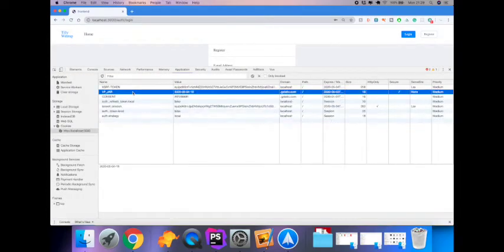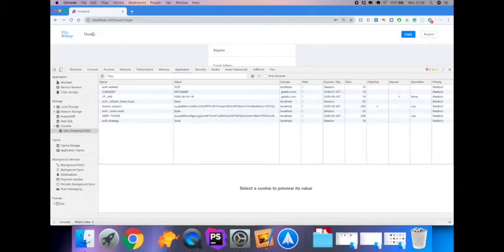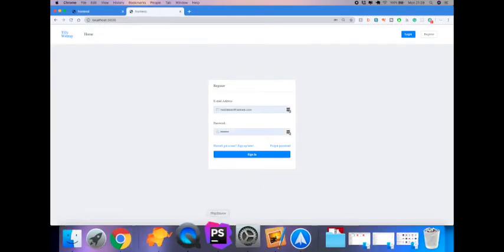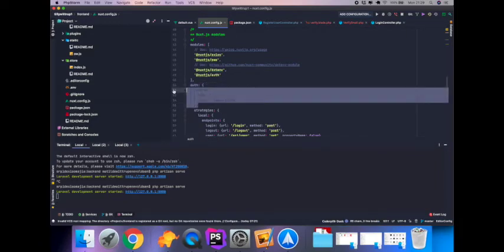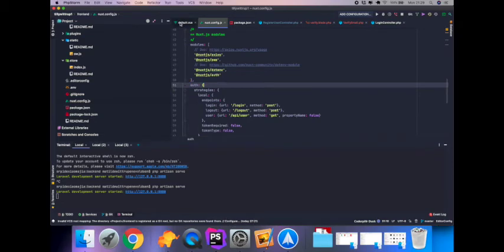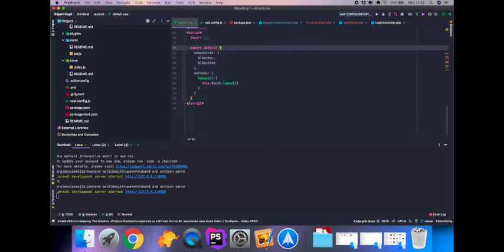So let's leave that for now. But the point is, oh wait, it's because we're adding the middleware to default here, that's why. So if we go inside